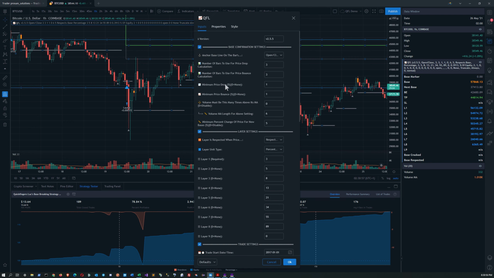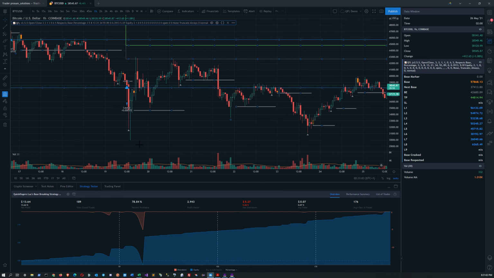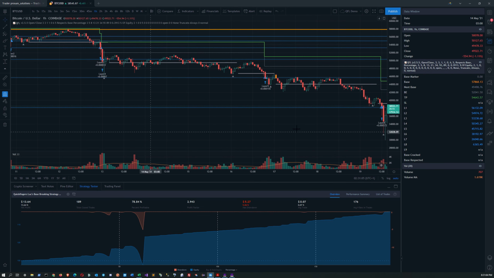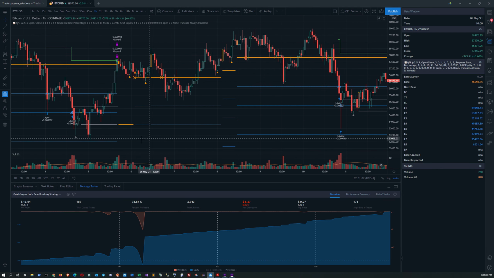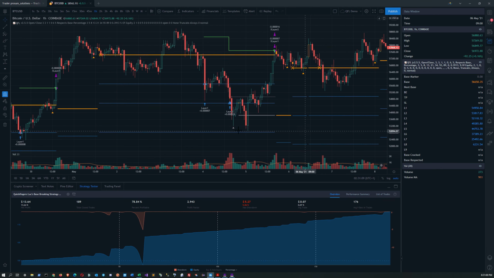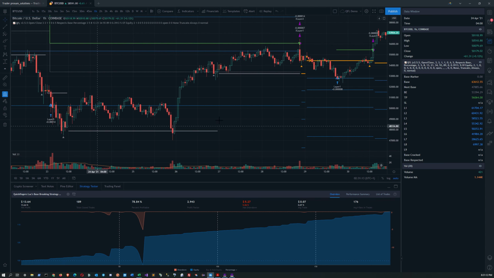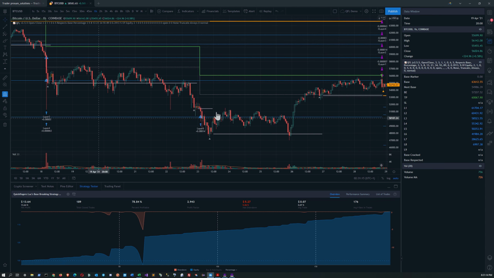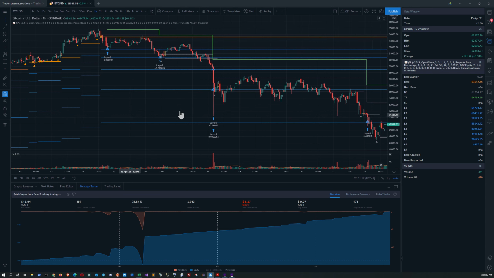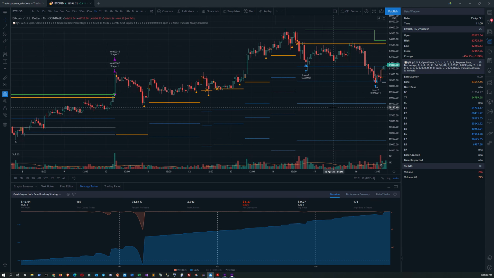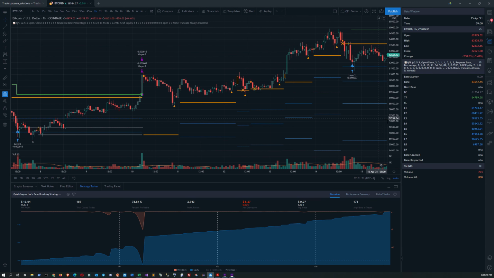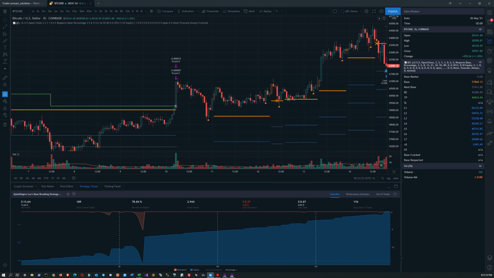So with this base confirmation, this will now get us into how it's going to be finding bases. So what I'd like to do is at least find a nice bullish fractal where I can use it as an example for you to better understand how this indicator is finding bases. So what I'll do here is I'll focus in on this one. It's a nice V-shaped